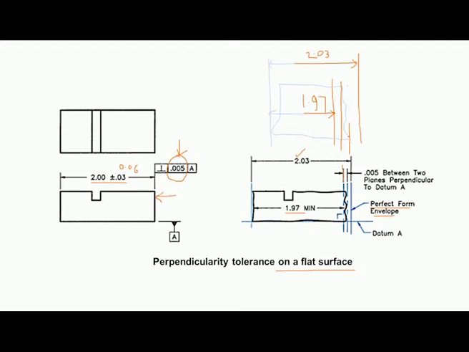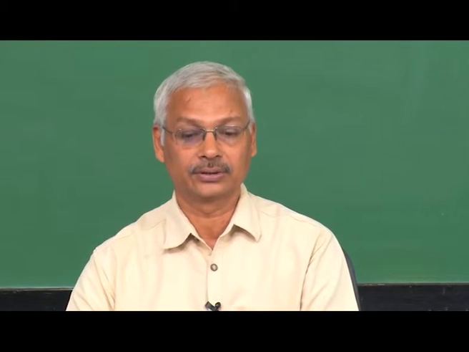So all the points on this particular surface should be within 0.005 millimeter. So, in that case this workpiece is accepted. That means this particular component should satisfy both size variation as well as form variation.